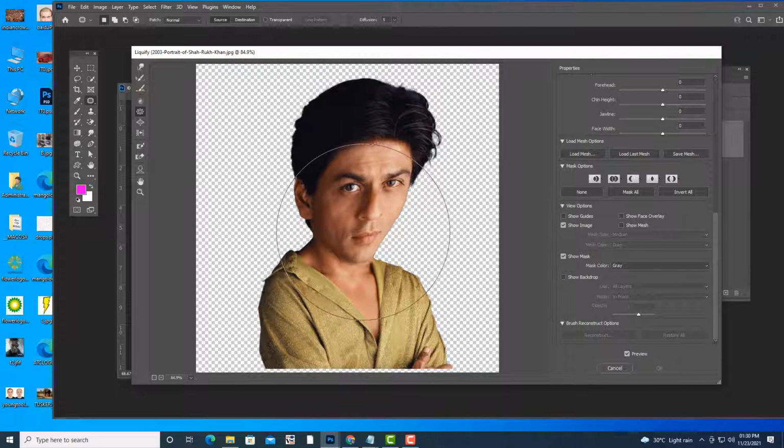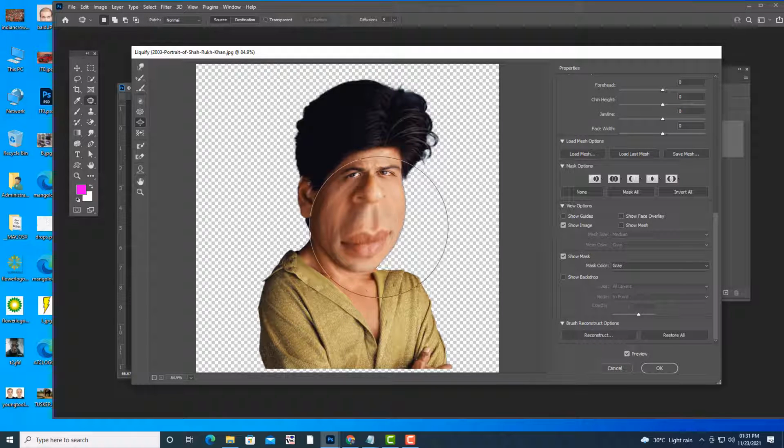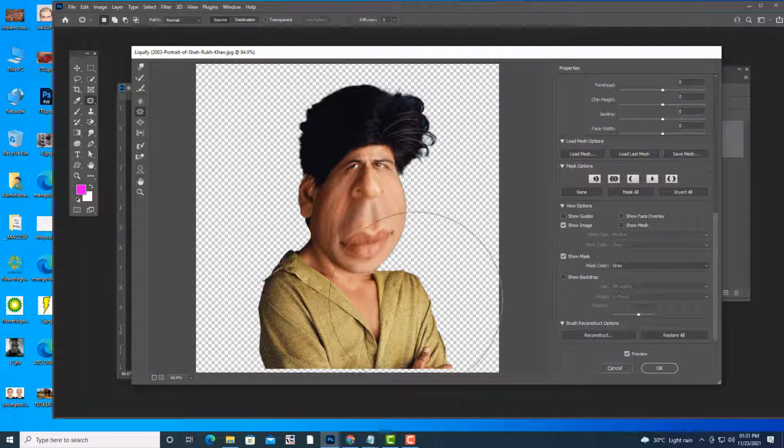With pucker and bloat, we can do something like this.